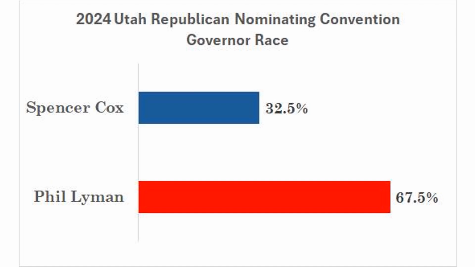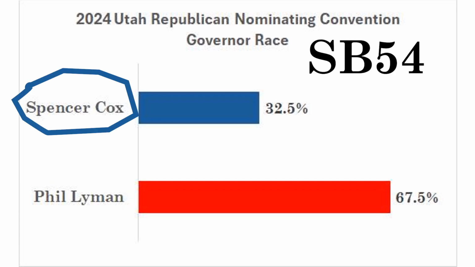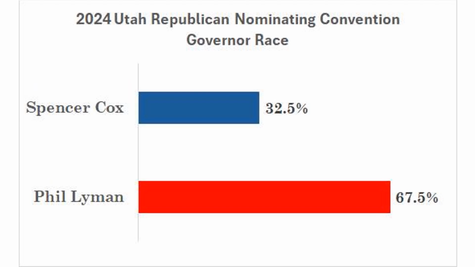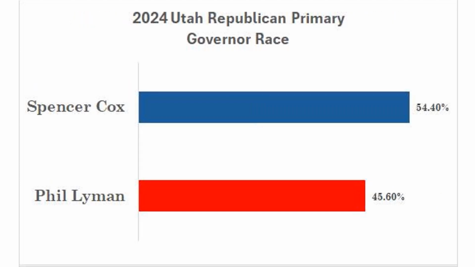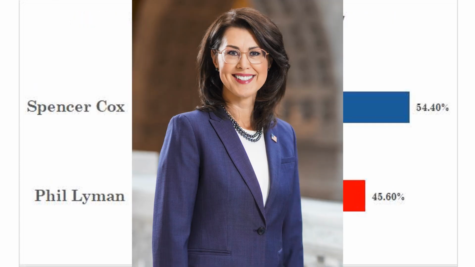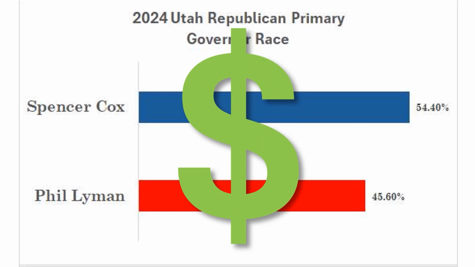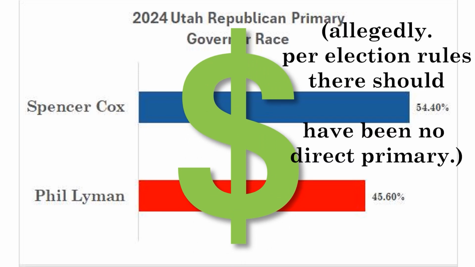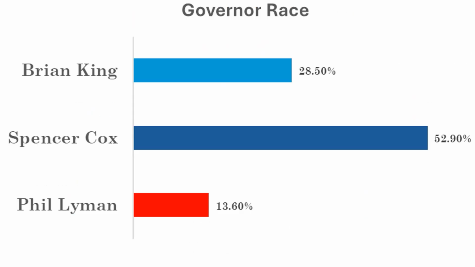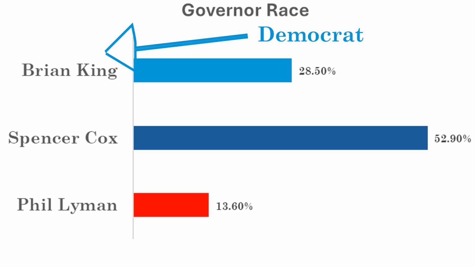Step 1. The Republican Caucus and Nominating Convention. The Republican nominee shown here won by a landslide, but the loser got a path to the ballot anyway because of a signature gathering law, overruling the voice of the people. Step 2. A Democratic direct primary was forced by the elections administrator. In this direct election, the candidate with greater name recognition and campaign spending was able to secure a higher proportion of the popular vote. Finally, in the general election, a candidate running as a Democrat was added to the mix